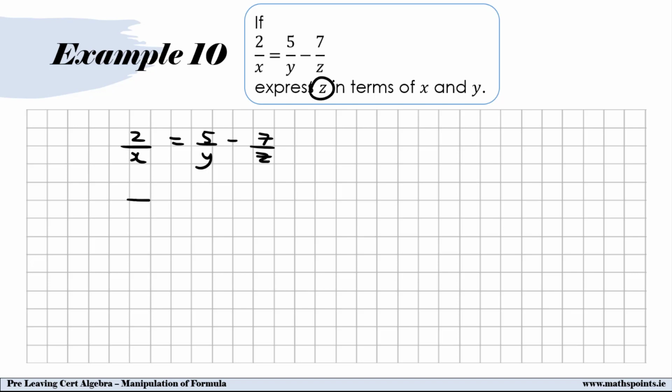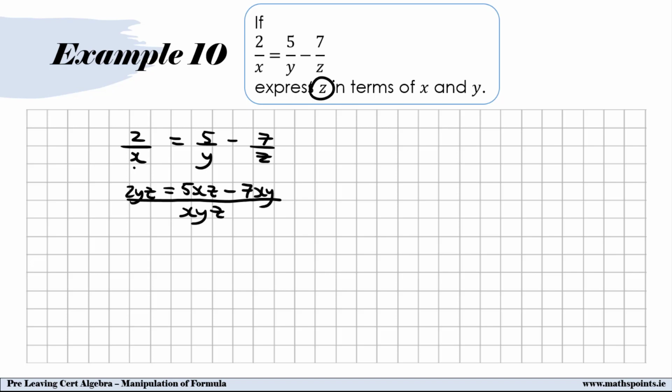I'm going to find a common denominator, and the common denominator is the product of the denominators of all the fractions, so x by y by z. If I divide x into xyz, I'll be left with yz, and so I need to multiply the numerator 2 by yz. Equals, if I divide y into xyz, I get xz, so I need to multiply the numerator 5 by xz. Minus, if I divide z into xyz, I get xy, so I need to multiply the numerator 7